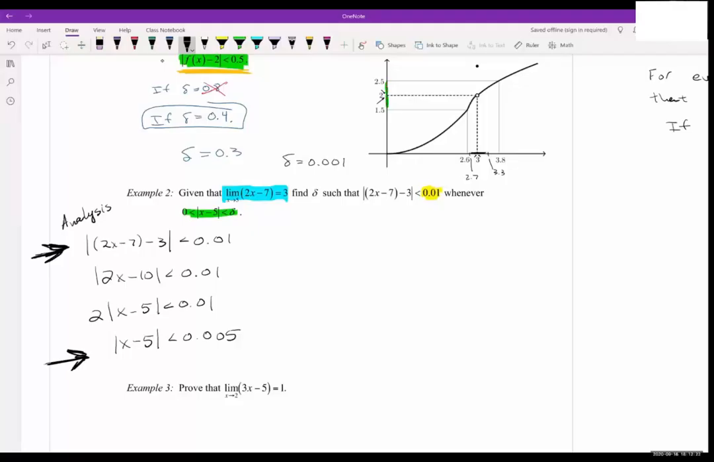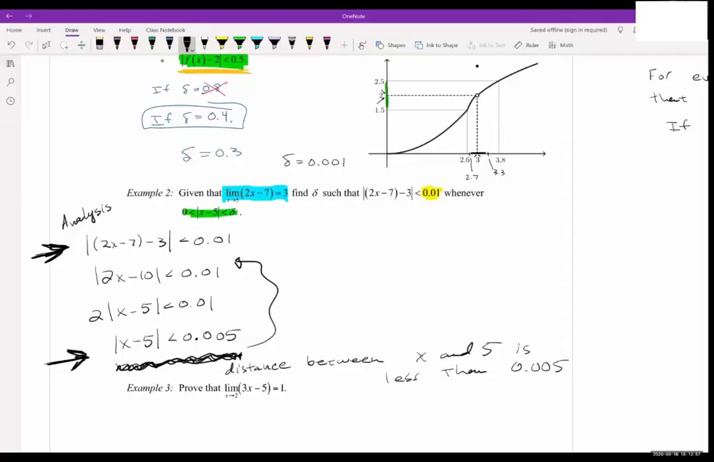right? So the bottom part says, as long as we pick x's that are within a distance of 0.005 of the number 5, right? This is the distance between x and 5 is less than 0.005, right? That's what that says. Then we're guaranteed that this will be true because we can do all of our algebra backwards. Okay? So, in other words,